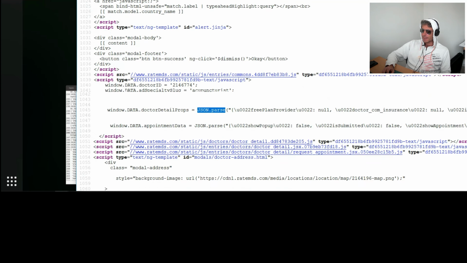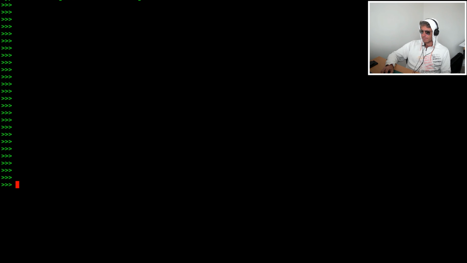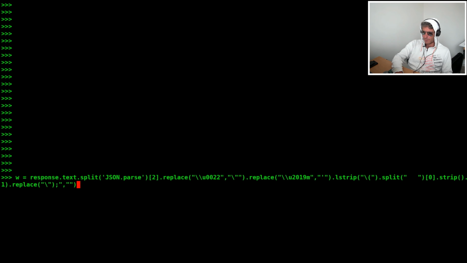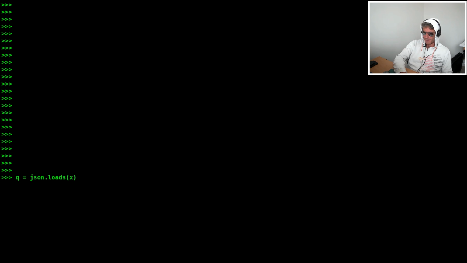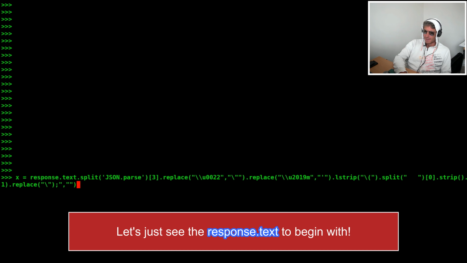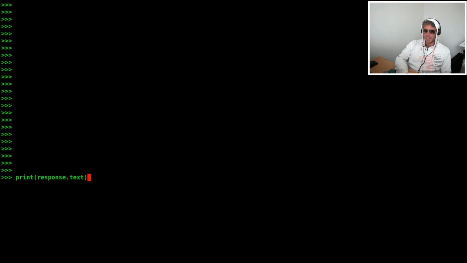So I'm going to go across to Scrapy shell, and let me just show you what we've done already, because I have obviously cheated and prepared this. Print response.text. So I've already done the fetch command. I'm not going to do it again just in case I haven't enabled HTTP cache.